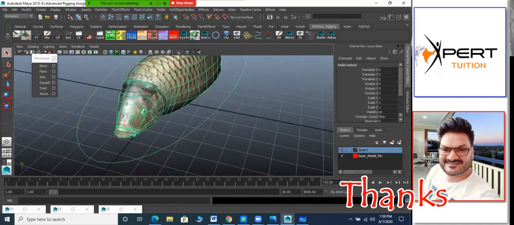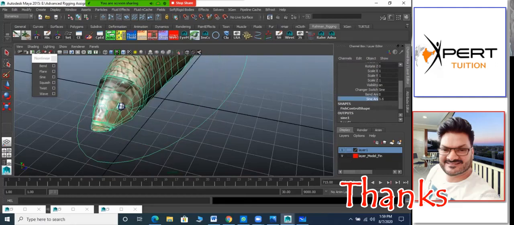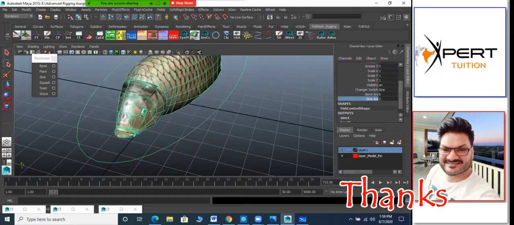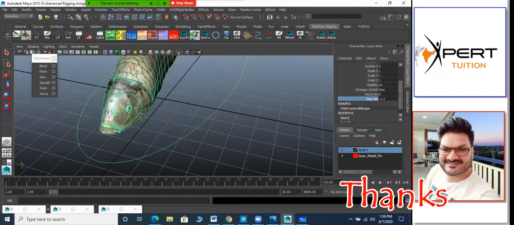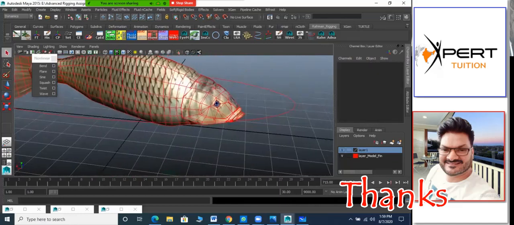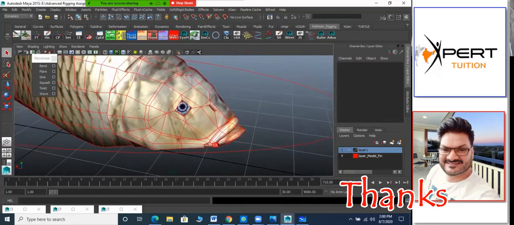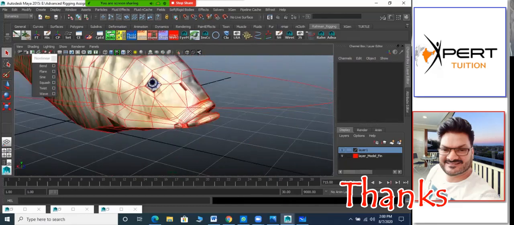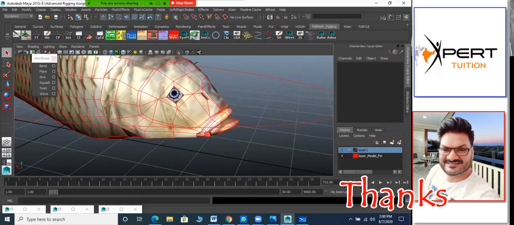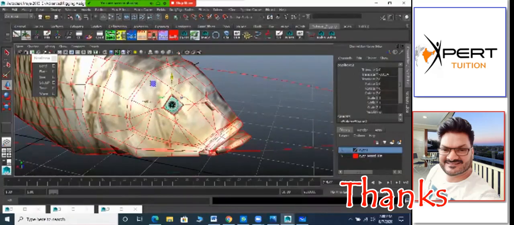Now you see that the eyeball will automatically follow that. So if I go here, one eyeball got fixed, one is not moving. So that also we have to fix here. Does everyone understand that? Sure. Okay, those who have not understood or got confused, again I am repeating the same steps for the other side. So I have turned myself to the other side, and I think that the eye position is not right. We'll fix that also. You can select this. It looks like it has gone a little bit more to one side. So yeah, this will be a better position.